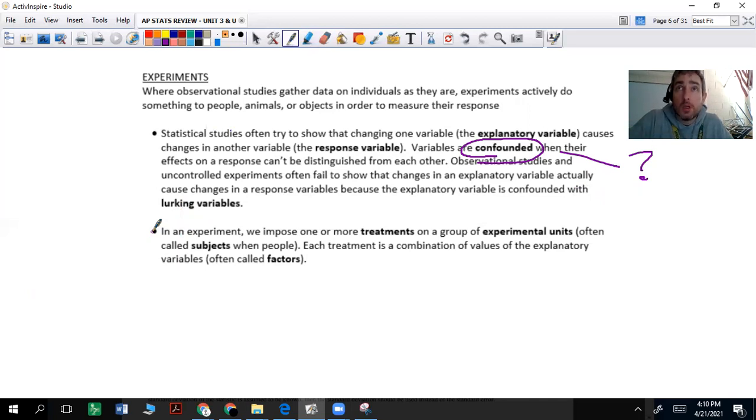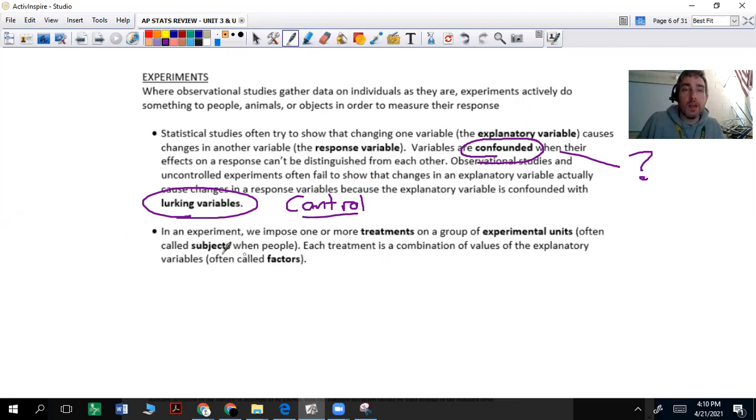Well, you might have people in the group that exercise and people that don't. We don't know if that's reducing the heart problems or if the medicine's helping or both. Those are lurking variables, so you want to control for them. Maybe you want to have an exercise regimen coupled with that, or you might want to have people that don't exercise or do exercise, so you don't have that kind of